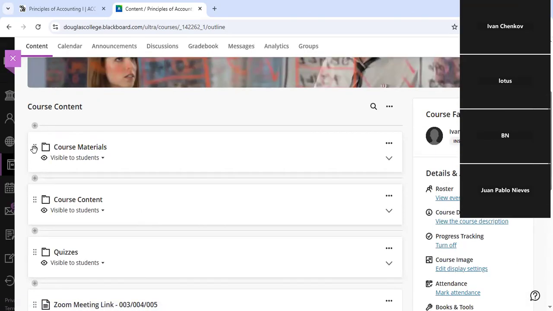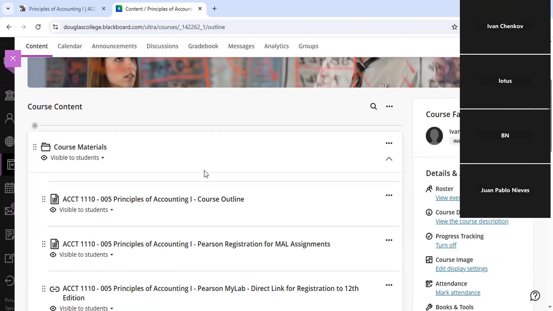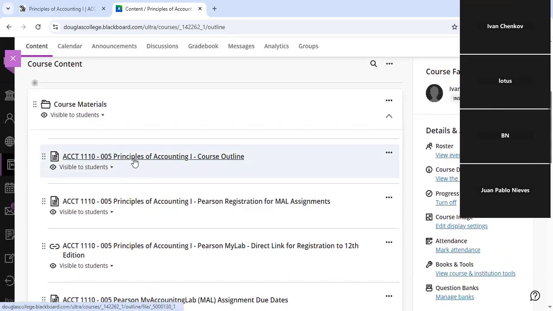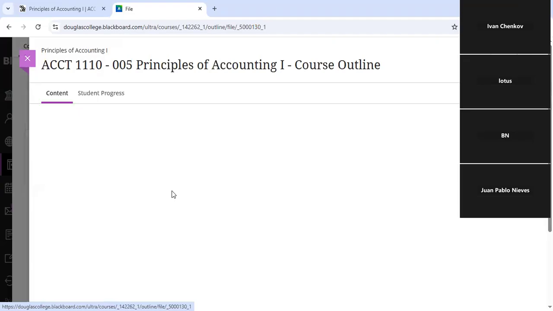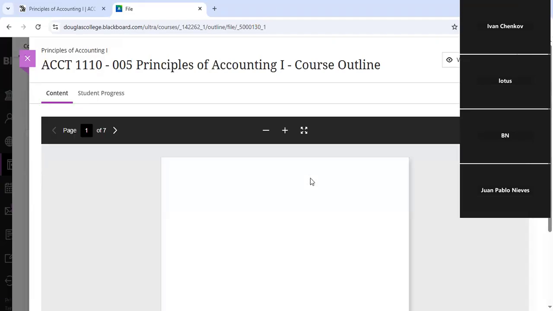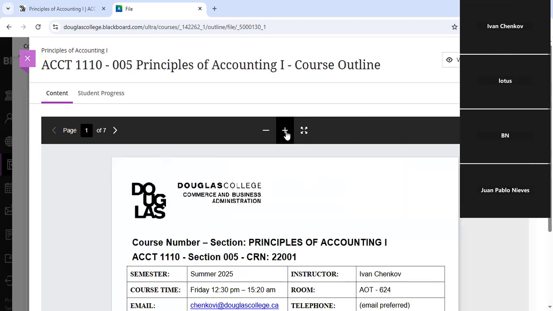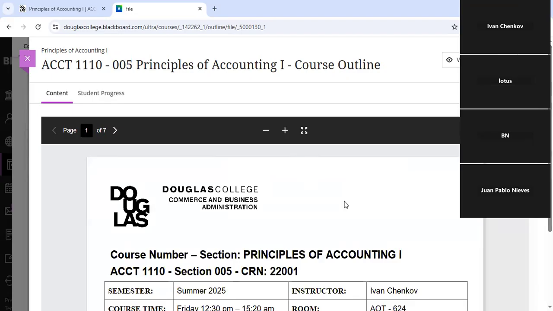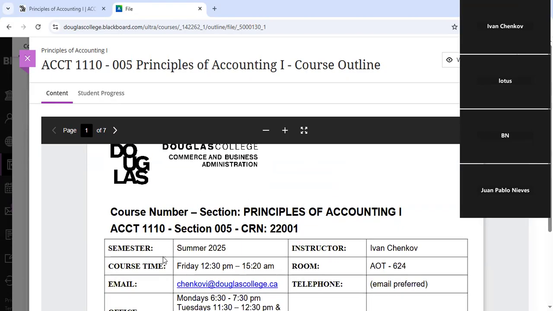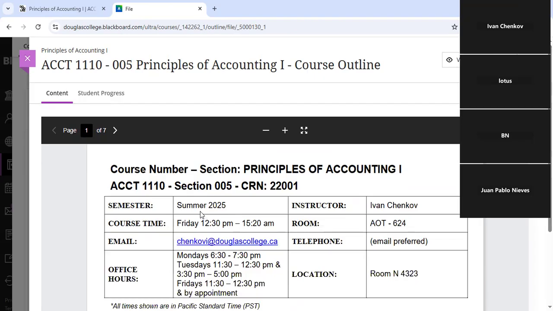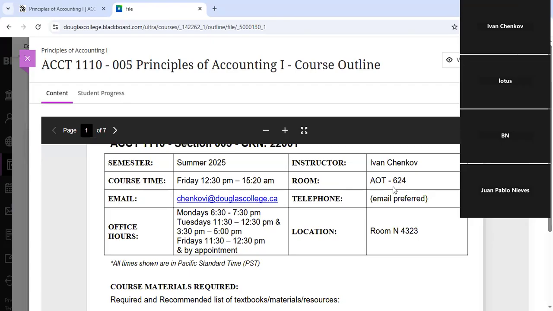Now let's see what you can see under the course material. Once you click on the course material, you're going to see the first document, the course outline. Once you click on the course outline, this is going to happen. The course outline has to pop up in front of you. I'm going to increase it a little bit so we can see it here as well. What you're going to see is the name of the course, your section, when the course is delivered, what the original classroom for the class is, when we move into the class, what the date is, and those are my office hours.